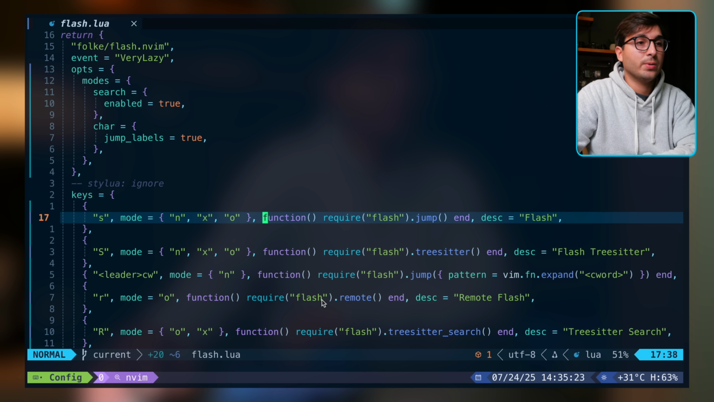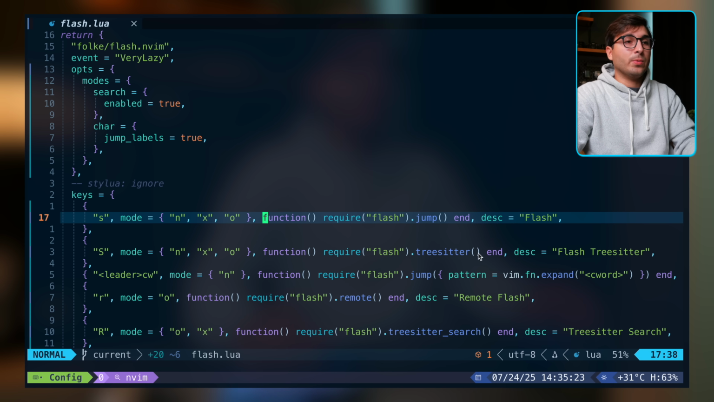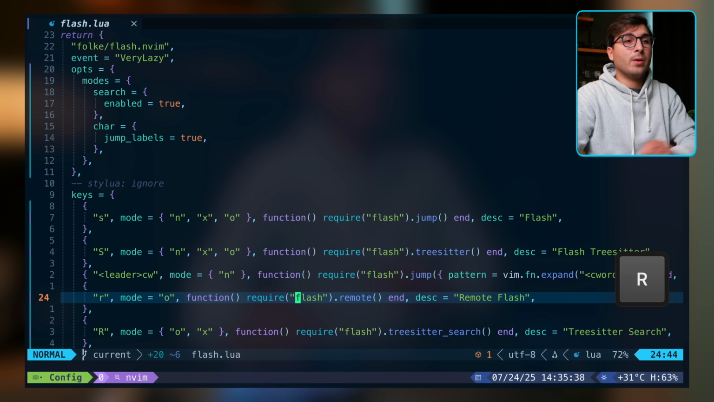Let's say I want to go to this flash right here. I can do SFL and then press R to navigate to that match. Now there's quite a lot more you can do with this plugin, like enhanced motions with F, N, T, Treesitter integration, and doing remote actions. Let's dive deeper and I'll show you how to get it installed, how to set it up,